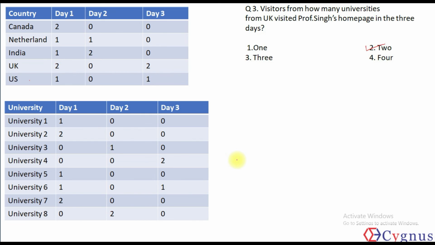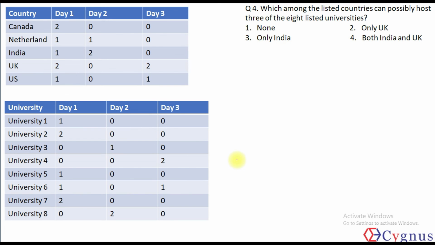So in that case, what should be the answer? Which among the listed countries can possibly host 3 of the 8 listed universities? My answer should be